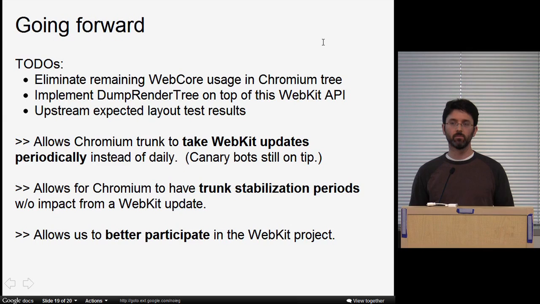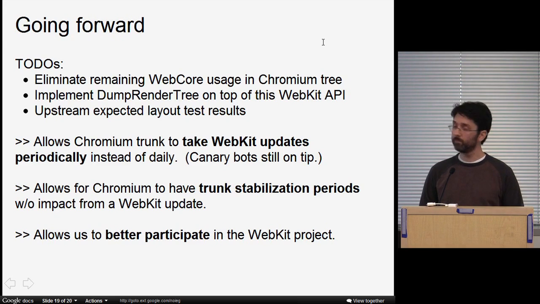We want to then proceed to implement dump render tree on top of the WebKit API. Dump render tree is the tool that all the other WebKit ports use to exercise WebKit's layout tests. So it's very important for Chromium that we're using the same exact tool. Many of you know how frustrating it is when a new feature is added to dump render tree, and we have to go then re-implement exactly that feature in test shell in order to be able to run the layout tests. It's very frustrating. Instead, it would be nice if we were all using the same code base for exercising